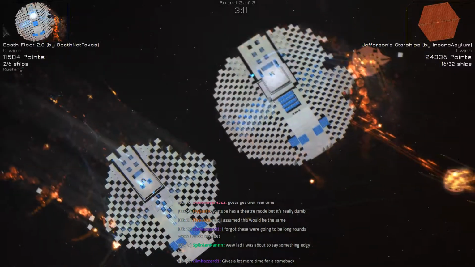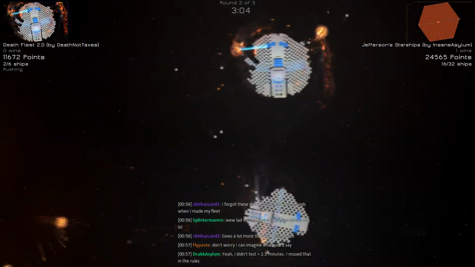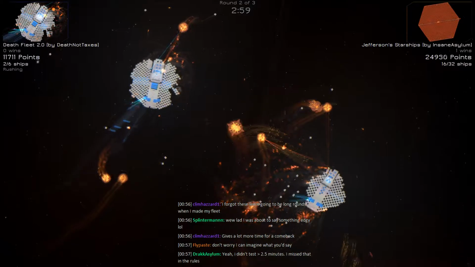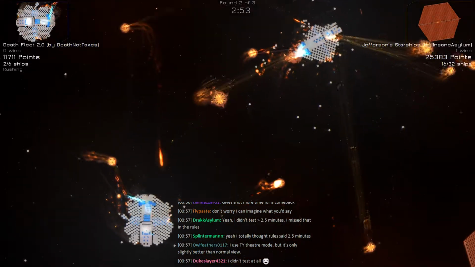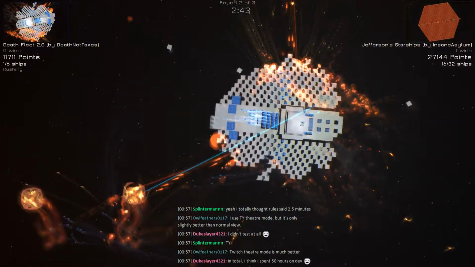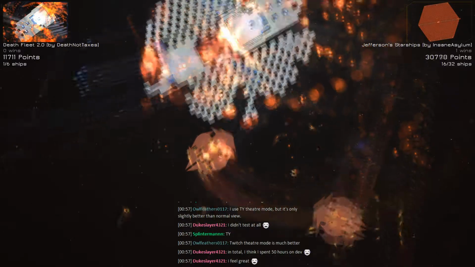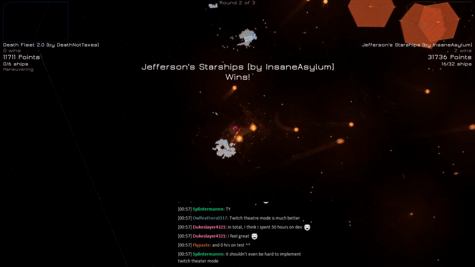But despite a very strong start from D&T, you can see that Asylum has managed to pretty much recover. And put up quite a big point lead now. I'm guessing the ships that just came in from the left side managed to kill the station from D&T's fleet. And Asylum takes the match, which puts Asylum and Margicus moving on to the